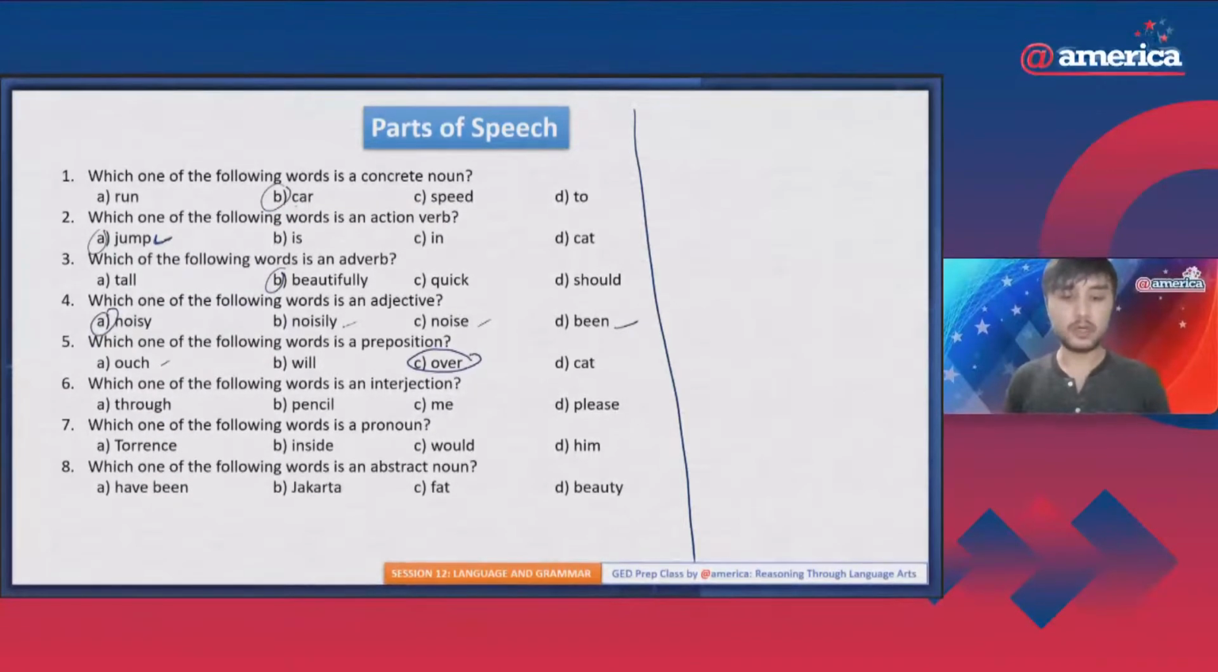Which of the following words is an interjection? So interjections, we said, are basically short exclamations, like excitement, maybe an extreme form of excitement, or sadness or disappointment. There are phrases and words that you can use to express in those situations, and they are usually followed by